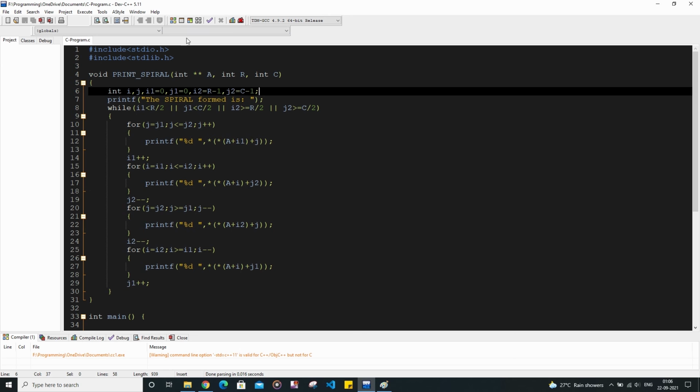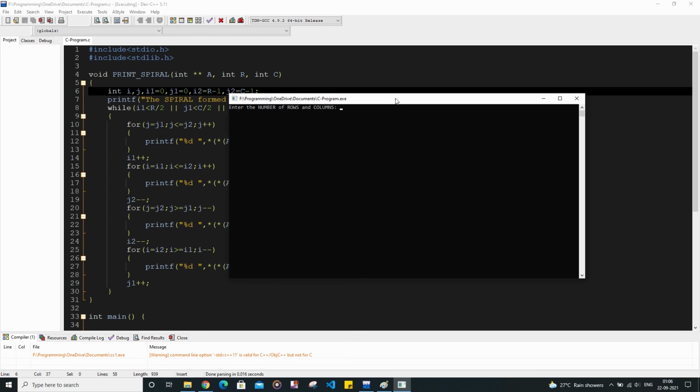Now let me compile the code and execute it. For instance, I am going to take the number of rows and columns as 5 and 5 respectively, and now enter the elements of the matrix in row-wise form. So the spiral formed is this one.